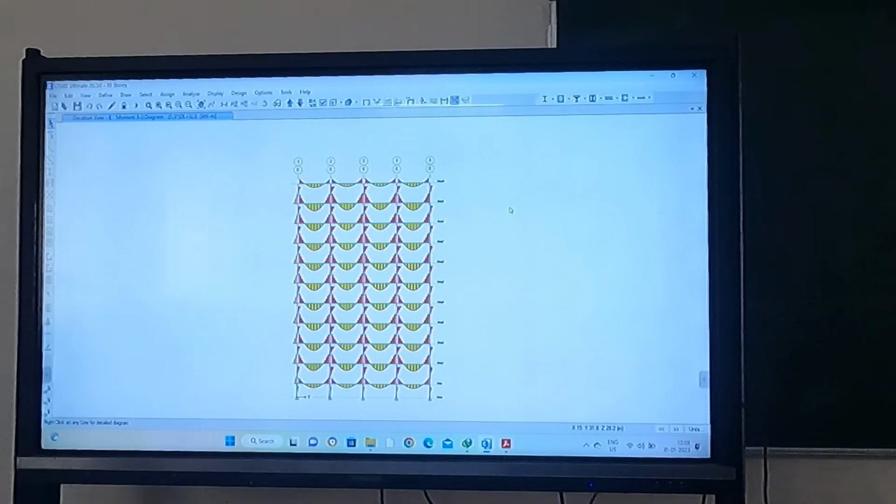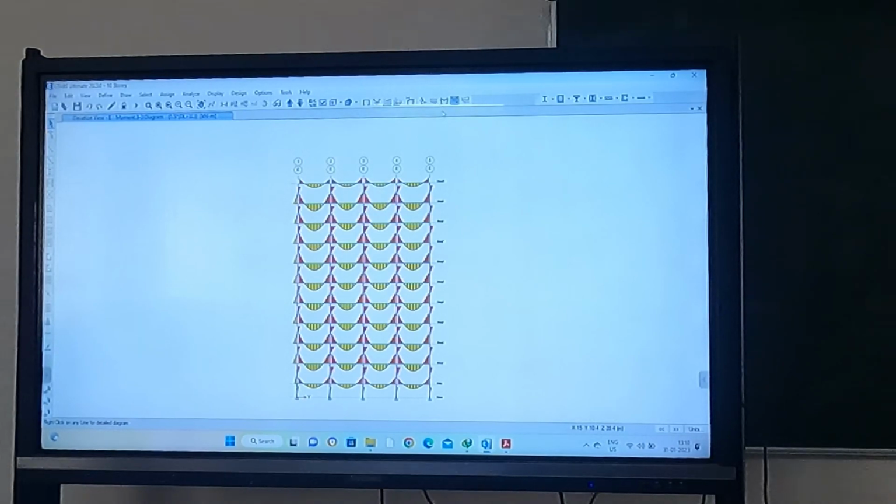This is because our gravity load is symmetric. Yesterday we applied either triangular load or trapezoidal load, and that load was symmetric. So we expect our output should be symmetric. But if you apply some unsymmetric load, your expectation for output will also be unsymmetric. So this is how you can verify the result.